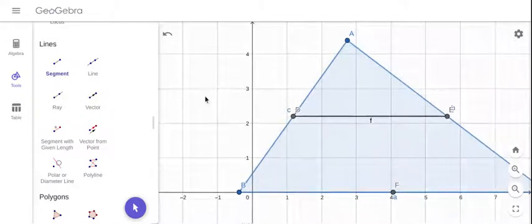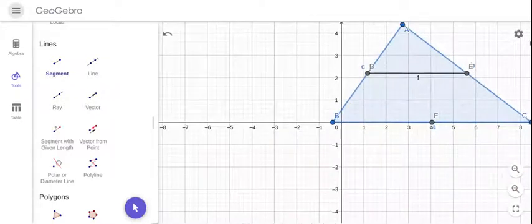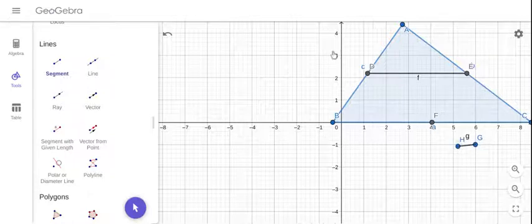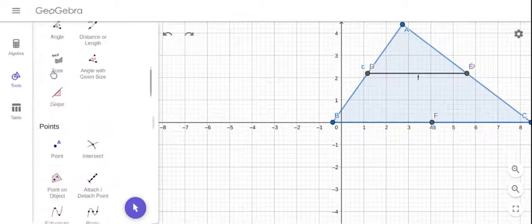Let's see. Oops, I made a zoom by mistake. Okay, let's forget about it and we can try to see